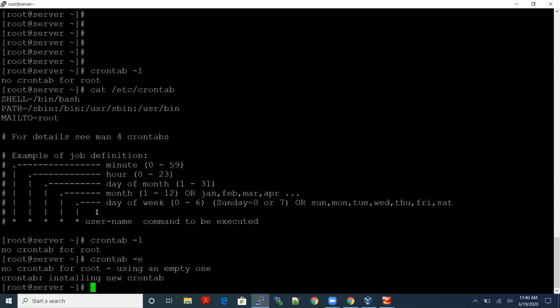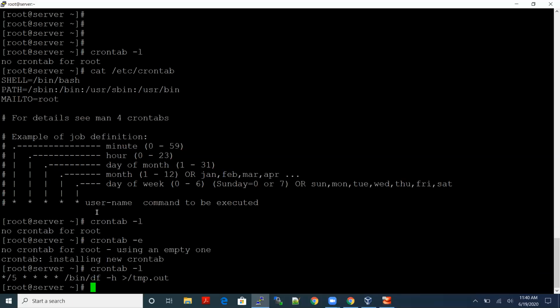Now the cron job entry is edited on my system. If you want to list it, it will show this. Currently I scheduled my cron job on my system; each and every 5 minutes it will execute this command and the output will be stored in this output file instead of doing it manually.